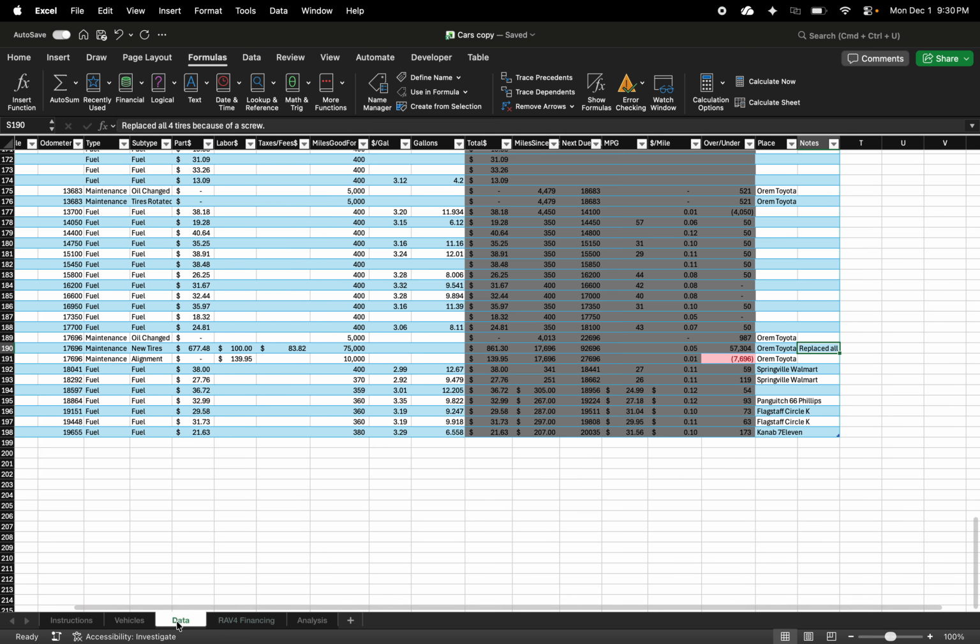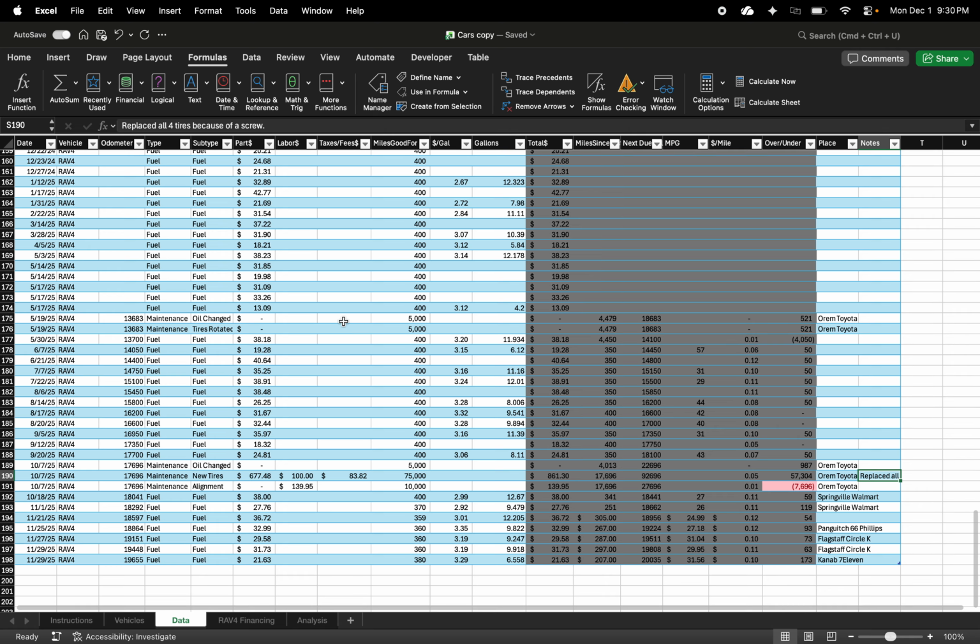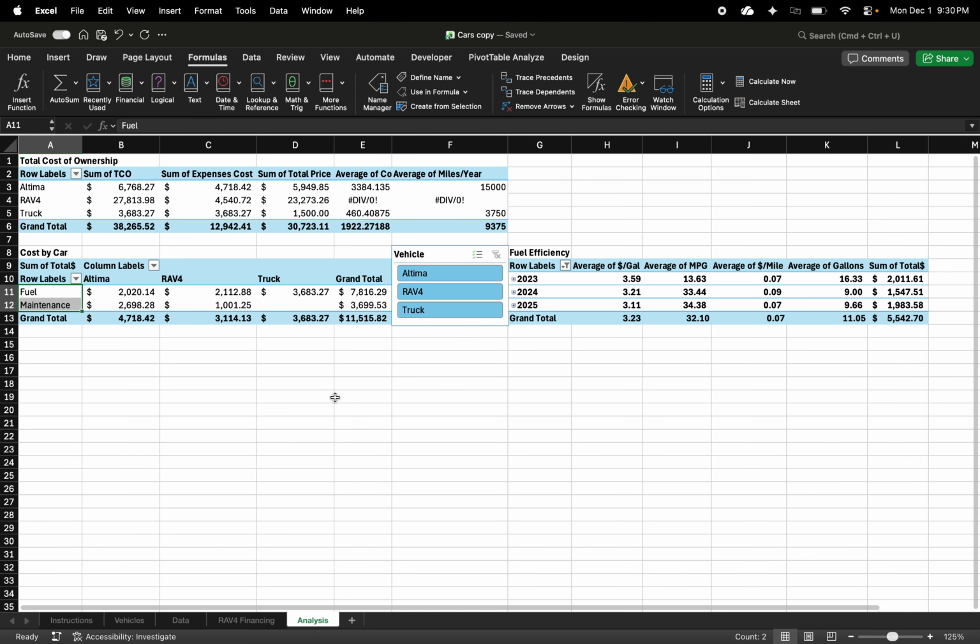So if we jump back to the data, I have all this data here, and it's a lot of data. It's a little hard to read, so I made some pivot tables to make it a little bit easier. So I have total cost of ownership, total expenses, price, just to see. And I haven't sold the RAV yet, so these are 0 right now because it's still going, and that's not able to be calculated yet. But I also can break down costs by fuel and maintenance. So on this, I spent this much on fuel, this much on maintenance,